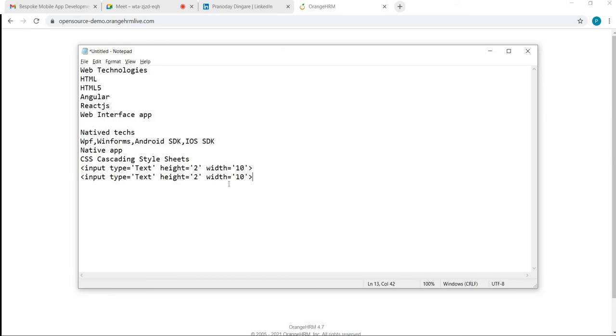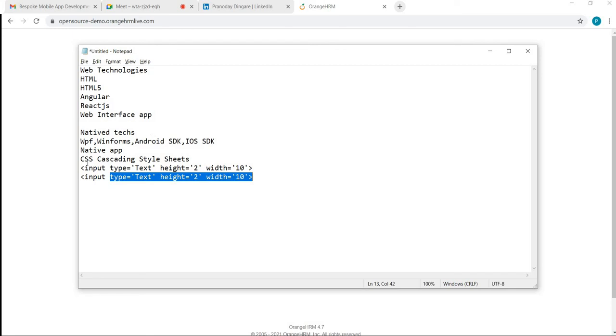As a designer, I want to keep the uniformity in the height and width of every edit control on my page. If I define the height and width in every edit control, that's fine, but tomorrow whenever I would like to change it, I have to go to every input tag and do the modification. So what is the way for it?